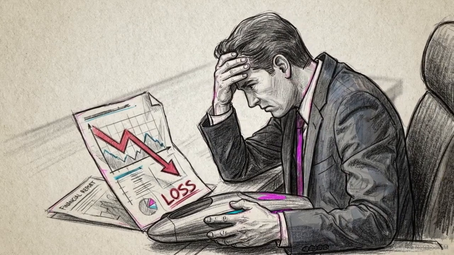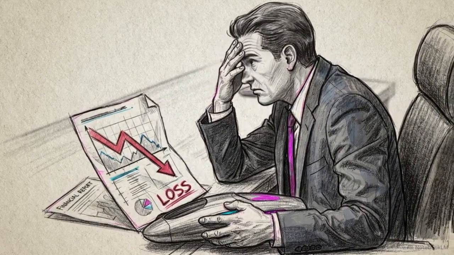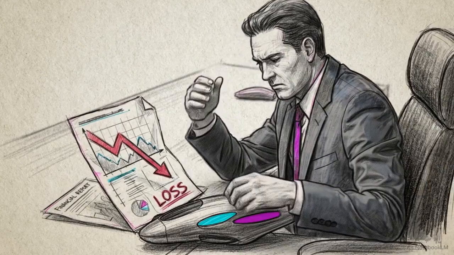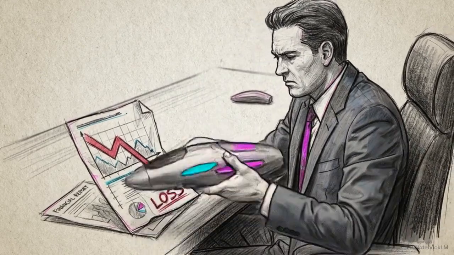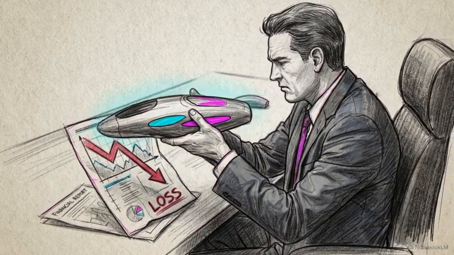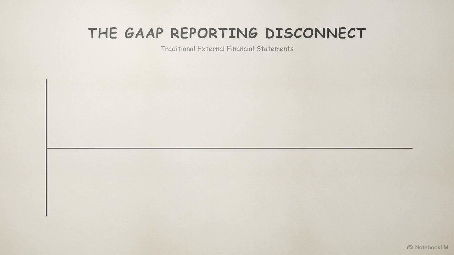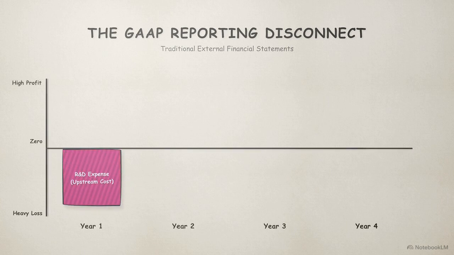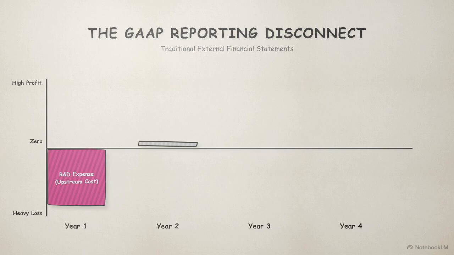Imagine managing a highly anticipated product from concept to launch, only to find your performance review tanked because the initial financials look disastrous. The culprit here is standard external financial reporting. Under Generally Accepted Accounting Principles, or GAAP, costs incurred before production begins, like research and development, must be expensed in